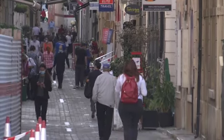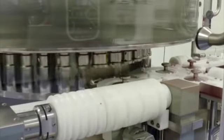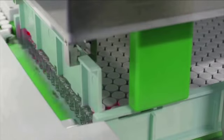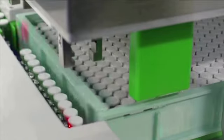We'll start with 80, but we'll go down to 70. It's obviously important because we get a lot of infections among healthcare workers that we also vaccinate healthcare workers as well as the people that look after the elderly. And you know, if you're an older person and you have a carer, or if you have a cleaner, I think this is a time when you would encourage them to come